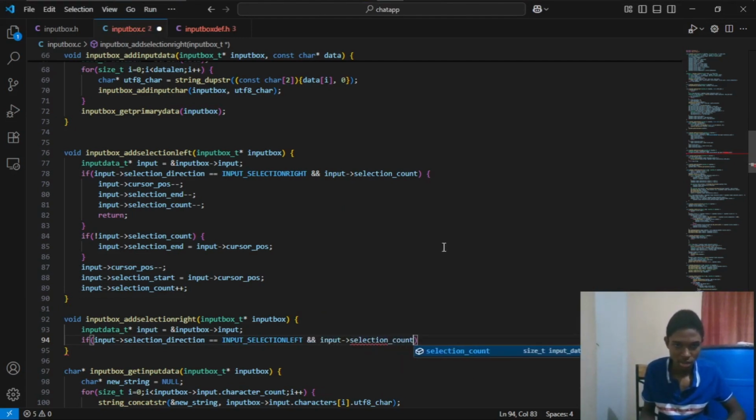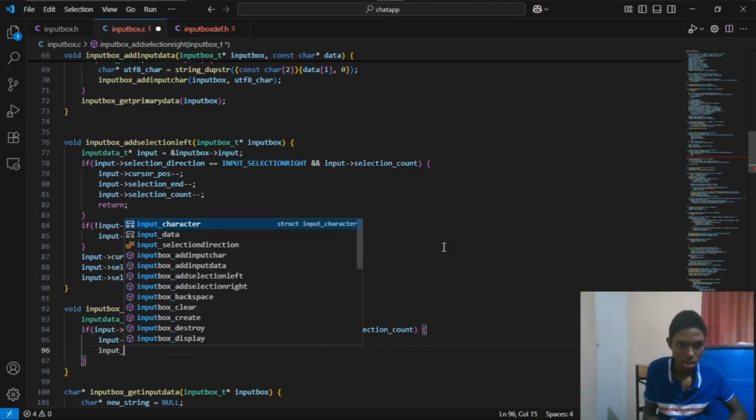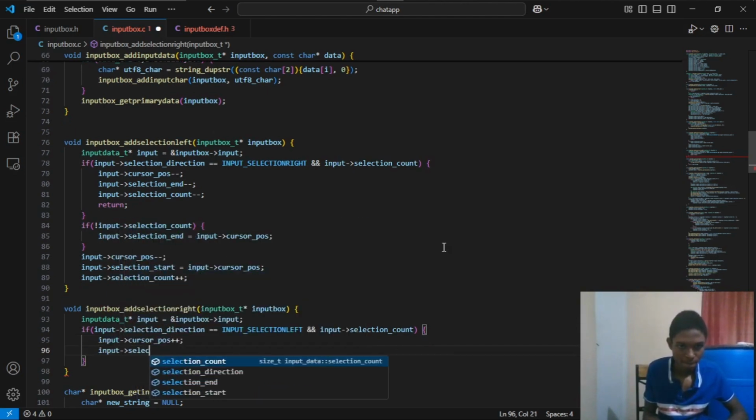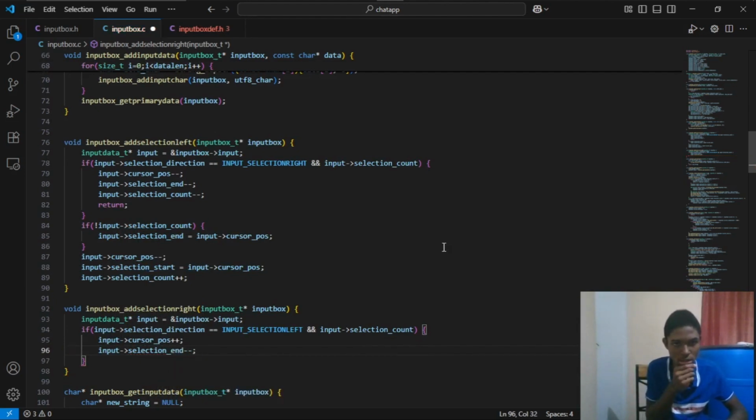So selection count, then we'll say input cursor pos plus input selection end minus